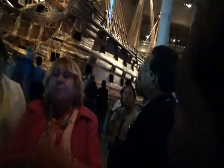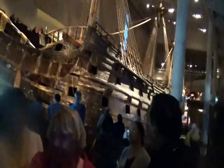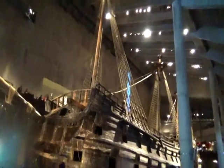What do you expect? So when the boat went down, it was time for the war. They didn't have money and time to take the boat up. So they took some of the cannons because they needed them in the war, and they left, and the history, as usual, is covering everything. So 3.5 centuries later, in our days,